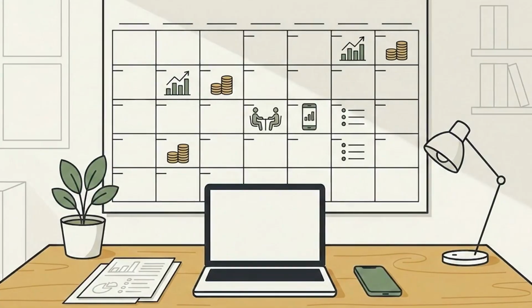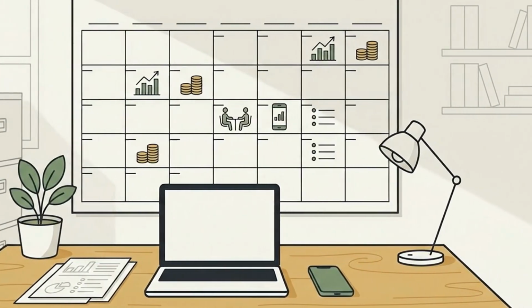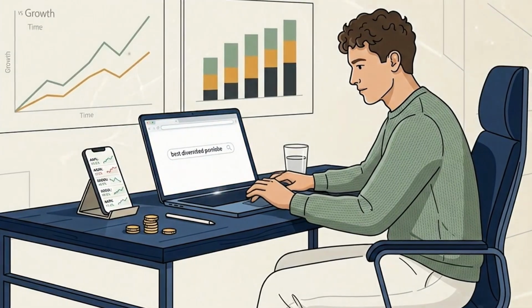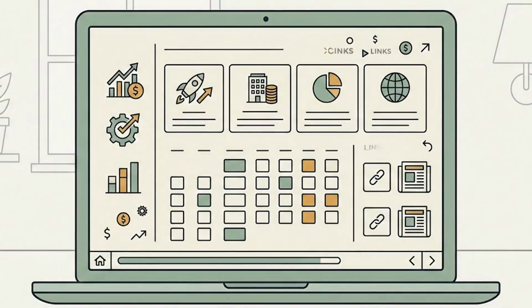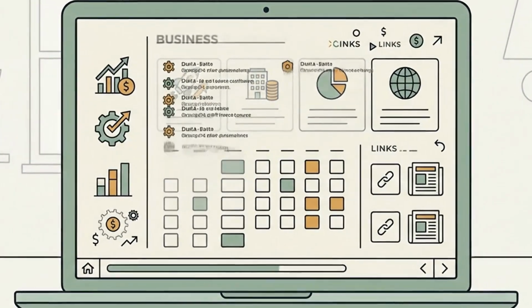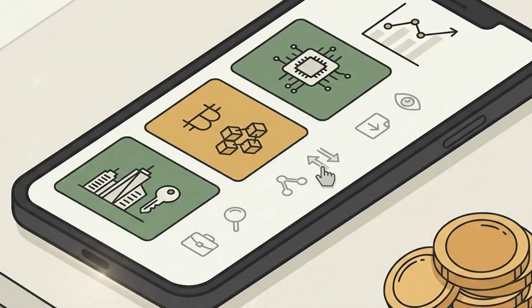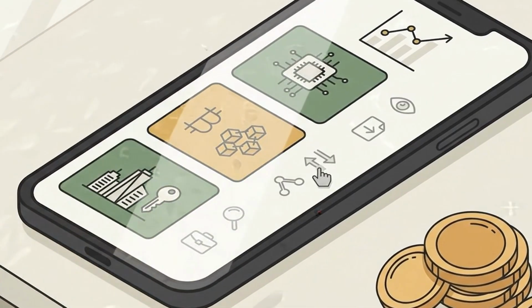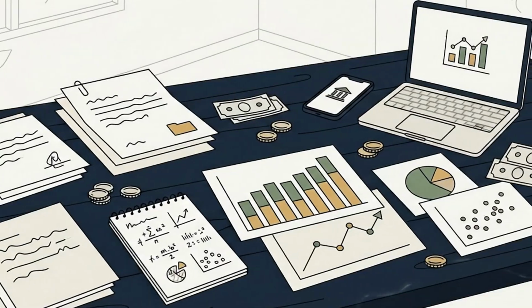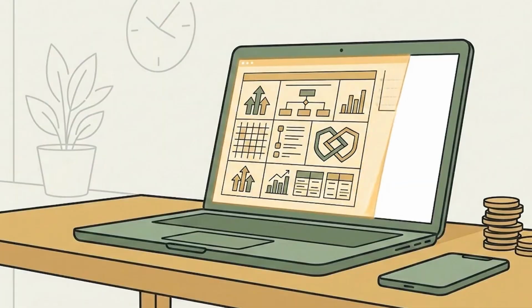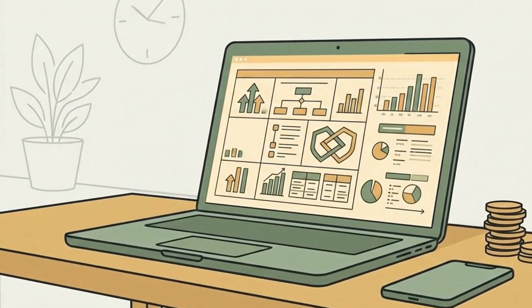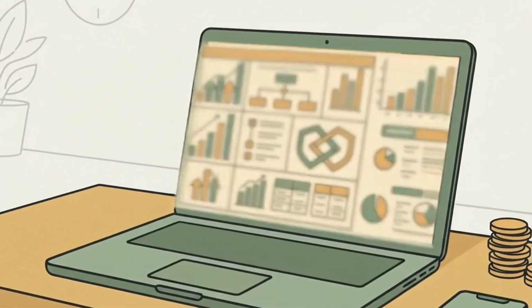Step 3. Compile a weekly agenda. Use Perplexity or a similar tool. Ask, what important things happened in investing this week? You'll get a list of topics with links to sources. This is the raw material. A blank page is the worst enemy of any writer, and with this tool, you won't have one.